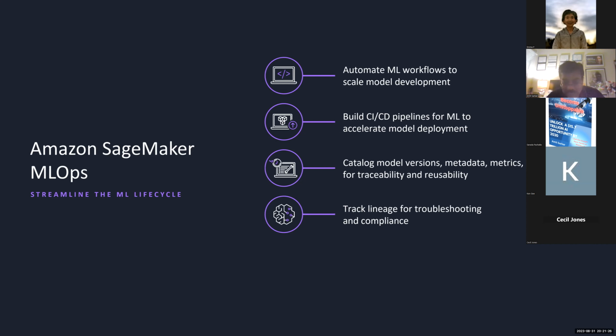Suppose you are Kaiser, and Kaiser is all health-related. Their patient data, all kinds of data, and they're running some AI model on their patient data. So a whole lot of compliance goes into it. They really need to catalog all those compliance requirements,